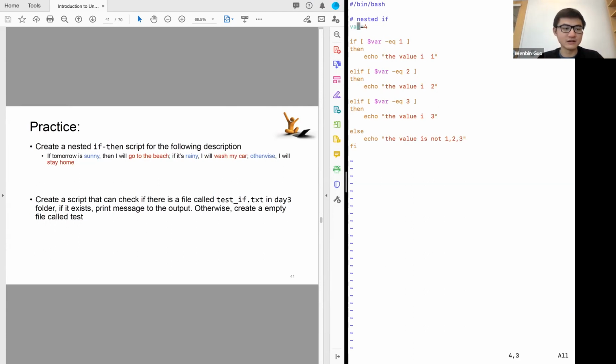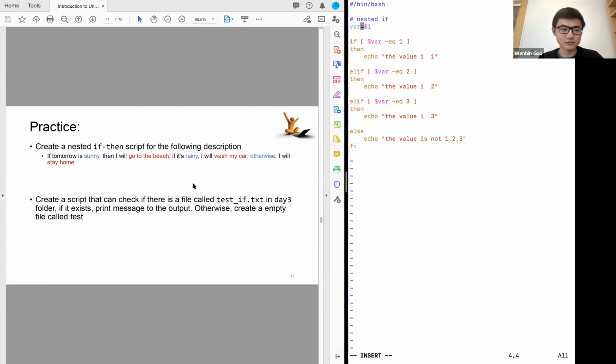The first thing about this task is that it will accept some input from the terminal, the command line, so we are going to have to pass some parameter